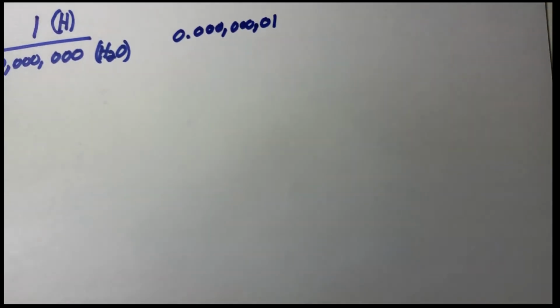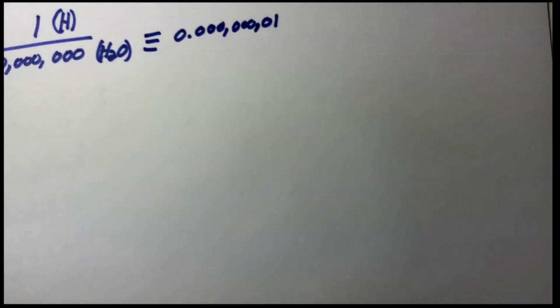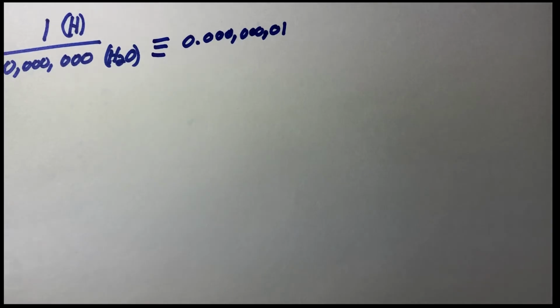We could say that also that is 1/10,000,000th. So those are equivalents. But that is also quite cumbersome, isn't it? And so we can use what's called a log base 10. And log base 10 is